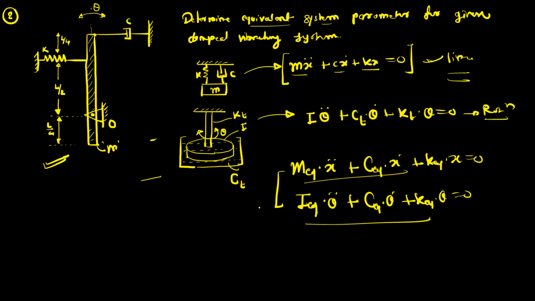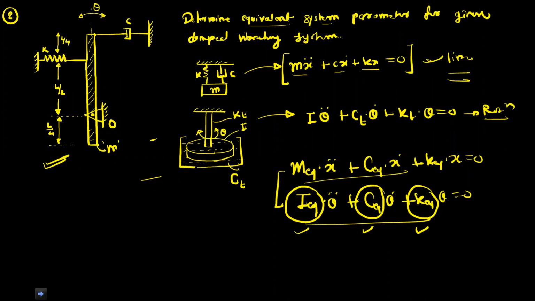By using Newton's second law or by using energy method, we will find out the differential equation of motion, that is the equation of motion. And then by rearranging the terms in that equation, we will find out the equivalent parameter. So we have to find out these values, I equivalent, C equivalent, and K equivalent. This is the given question. We will use here Newton's second law, because if the system is a rod-like system or a pendulum-like system, we should use Newton's second law.